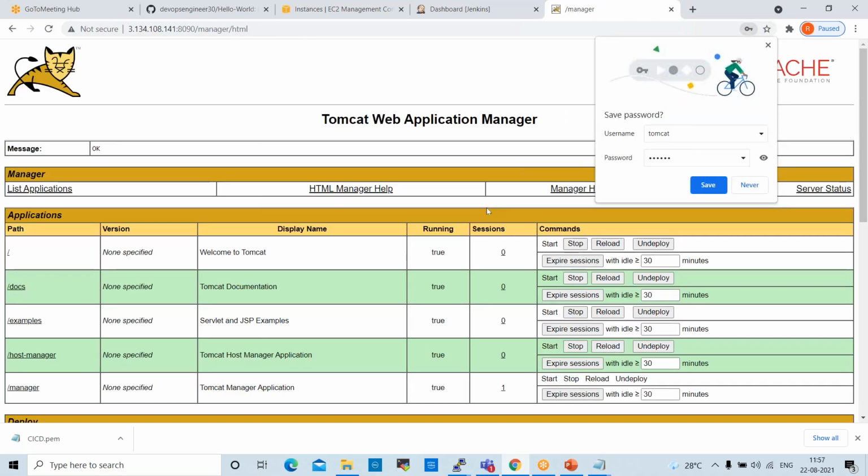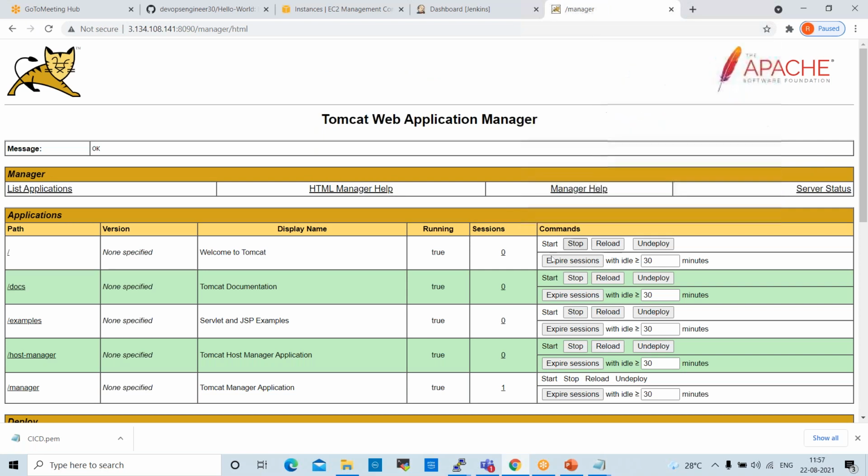Now I am able to log in to the Tomcat server. See here, this page should be open, right? So now I'm able to log in to Tomcat. Fine. So once we are able to log in, once we log in to Tomcat, okay, the next one is we have